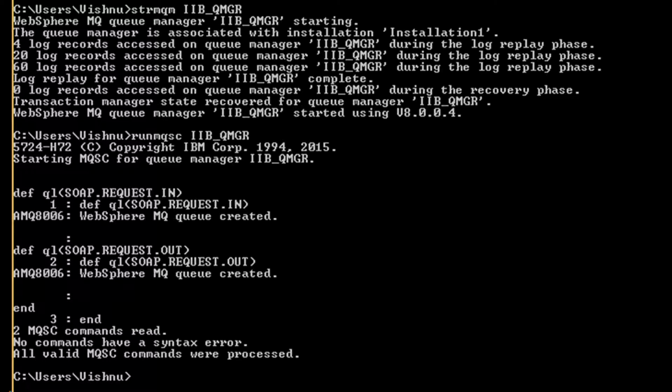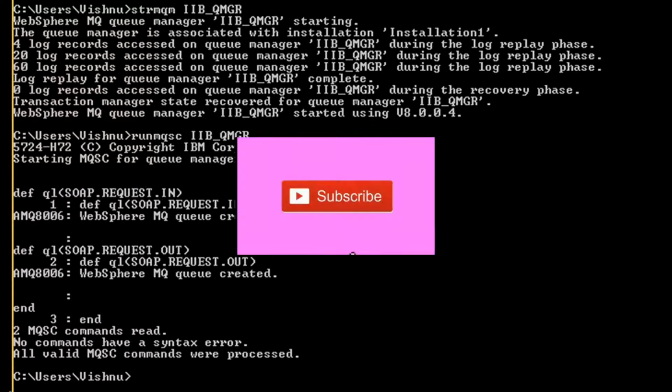Create the queues necessary for your flow. The reason I use the MQ input node instead of the HTTP input node or SOAP input node is to clearly state that we are only interested in testing the behavior of the SOAP request node, and we are not interested in validating the consumer request message that the MQ input node receives.